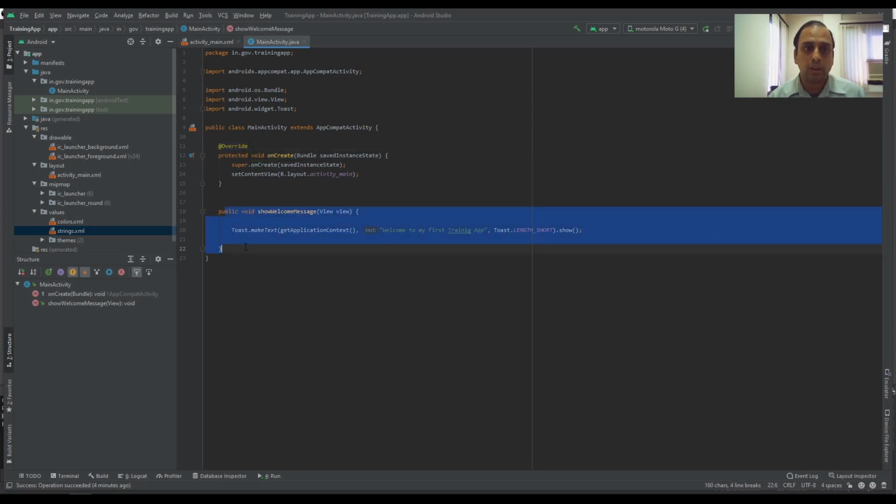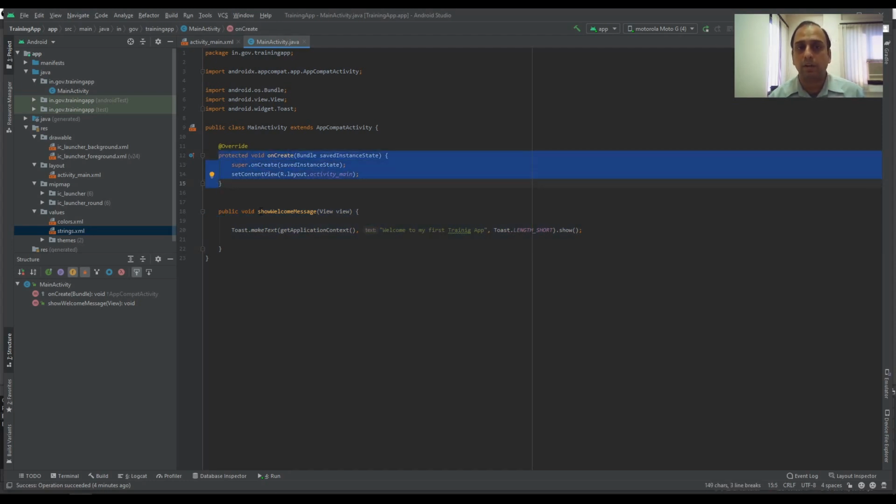So show welcome message is not overridden, onCreate is overridden. Override is a kind of keyword which tells the compiler that it is not something which is created by the user, it is something which is being overridden by the app, by Android, by Java. So this is how it works.